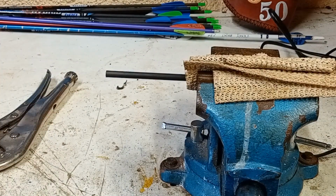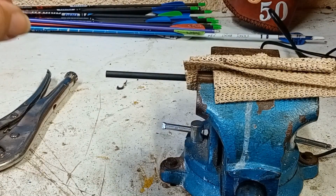So now we've got to cut the carbon shaft down. Now this is the only point where you do need something that's not a specialist tool. I'll use a Dremel for it, but there are health and safety aspects involved in it. To cut a carbon shaft, carbon itself is quite a nasty material. You will need